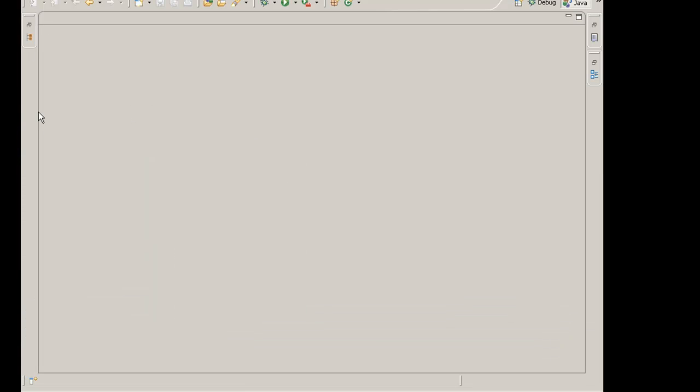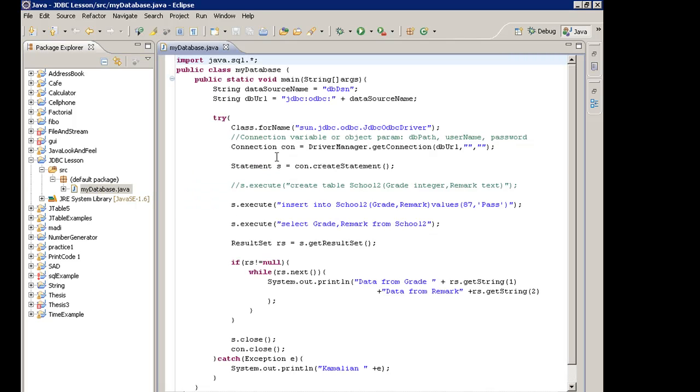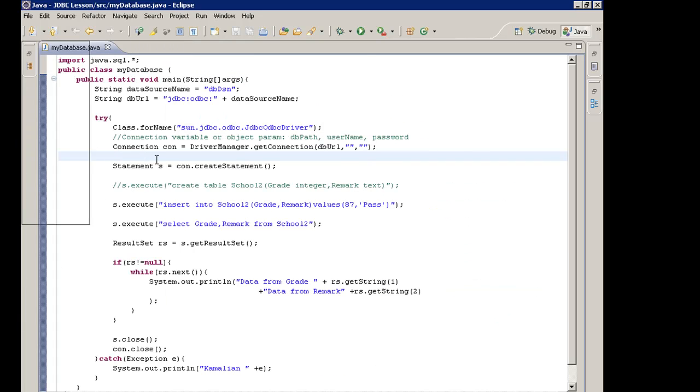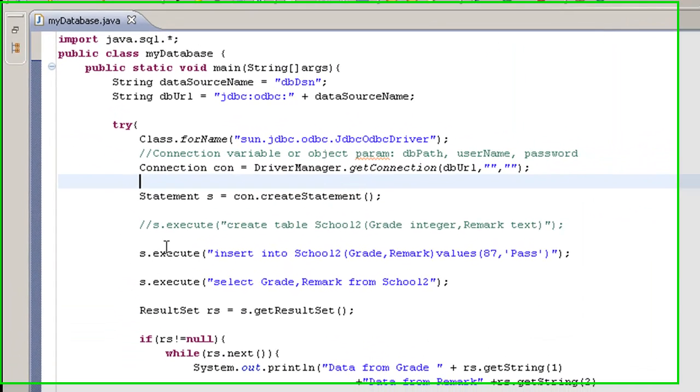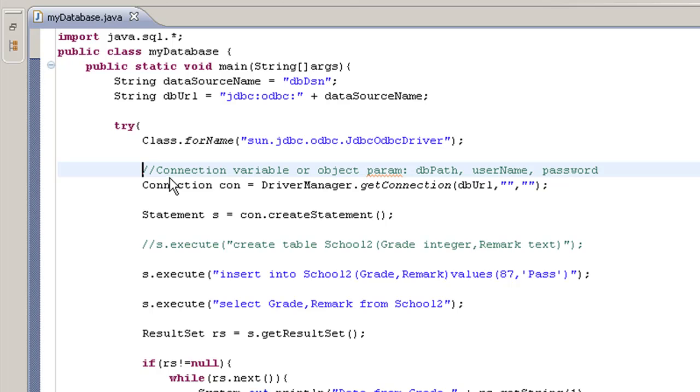Okay, we open our work project Explorer. Okay, we look for our project folder called JDBC lesson. Open this source. So default here. Open the class. Okay, this is the program that we did last tutorial. So here is a program with some nice comments, very nicely commented.